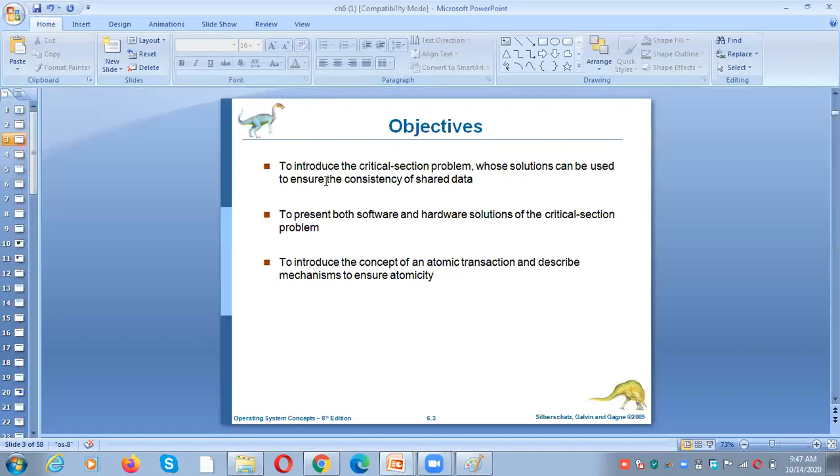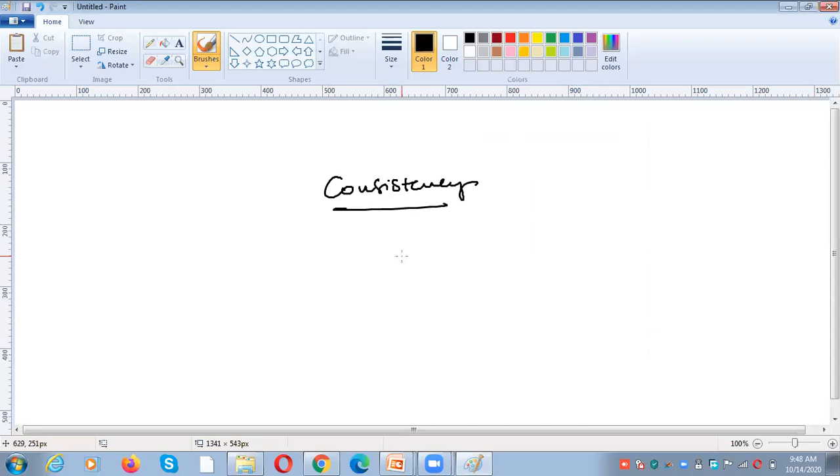That is the objective of process synchronization. This is called the critical section problem. We introduce the critical section problem, whose solution can be used to ensure the consistency of shared data. So what is a critical section? Whenever there is something you want to share, it will be kept in a region called the critical section.